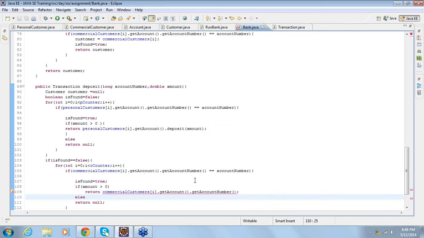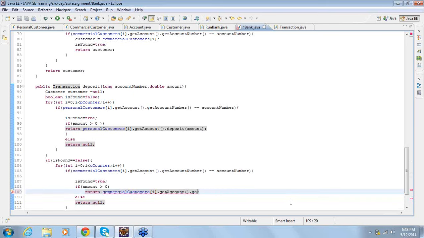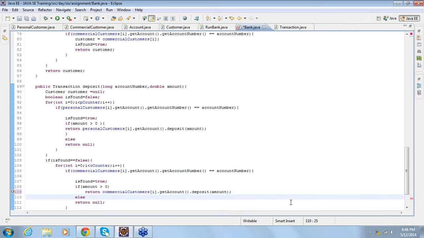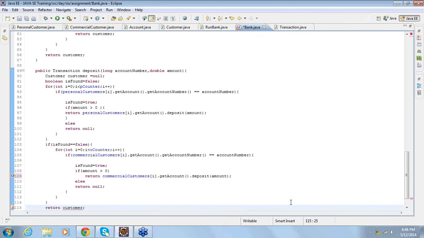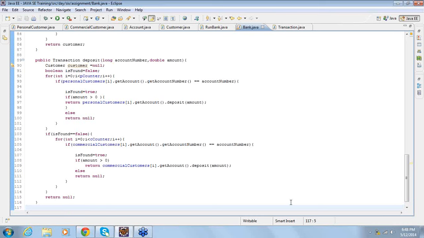Oh sorry, what is that? We should call deposit, right? We should call deposit, else return null. If it is not found, then of course we return null.